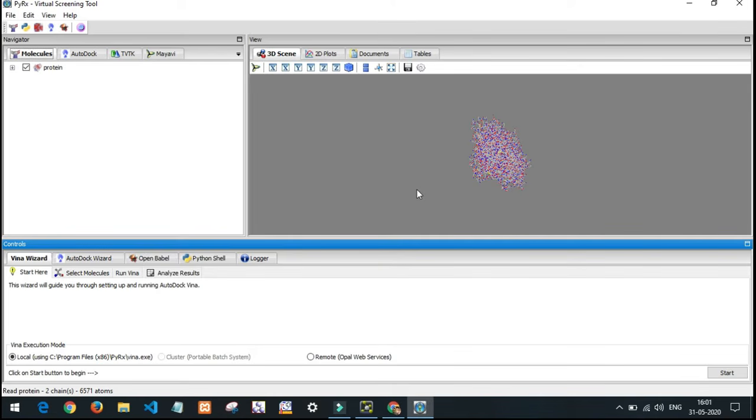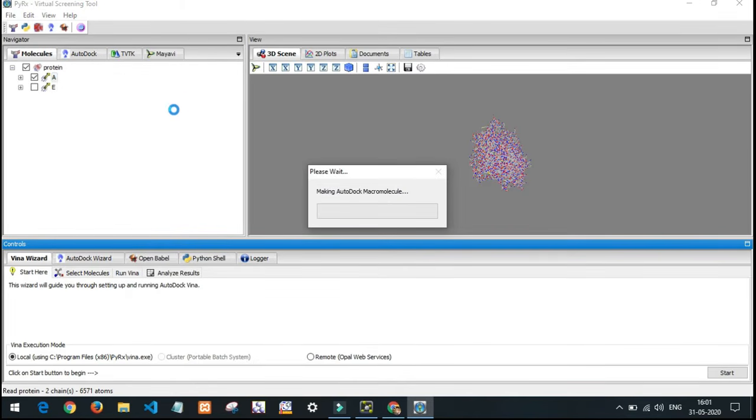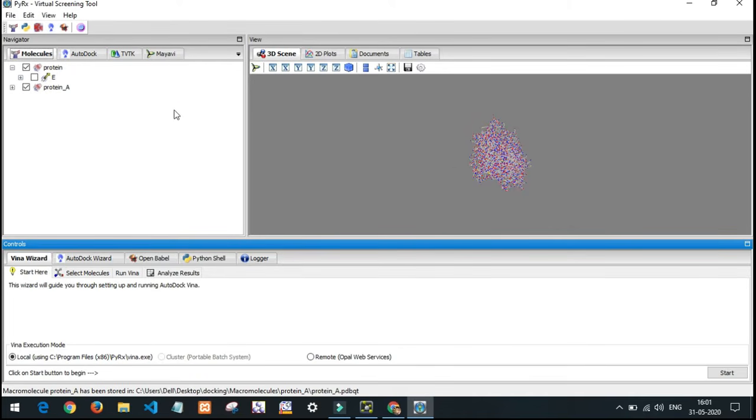We need to do some pre-processing steps for docking. For that, we need to right click the protein, select AutoDock and make it as a macromolecule. Now our protein structure is ready for docking analysis.